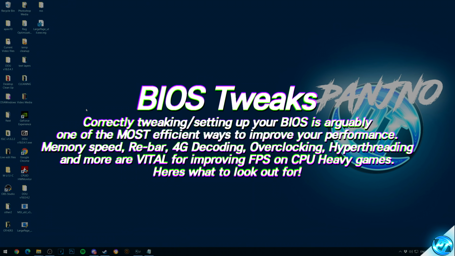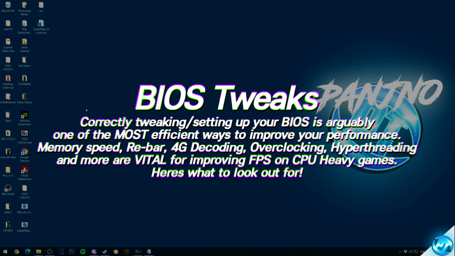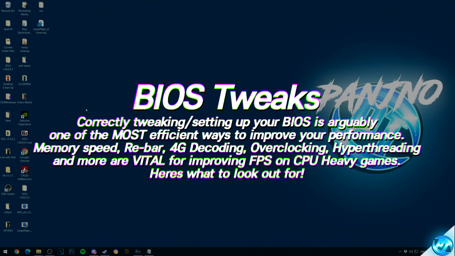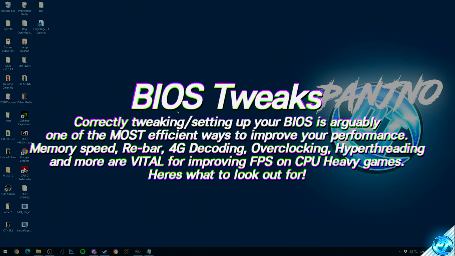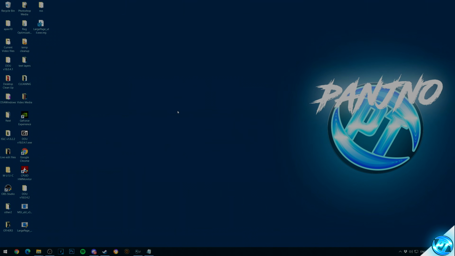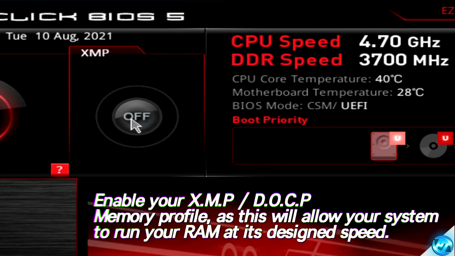Here are a few last closing optimizations and pieces of advice on what to look into if you are serious about getting the most performance possible out of your system. Inside of your system's BIOS, you want to ensure that you're running on the XMP profile or DOCP profile for your memory.